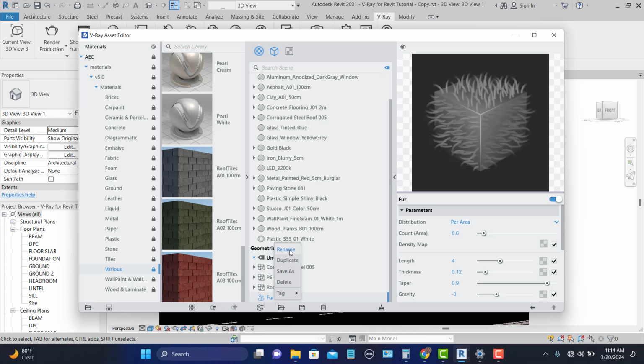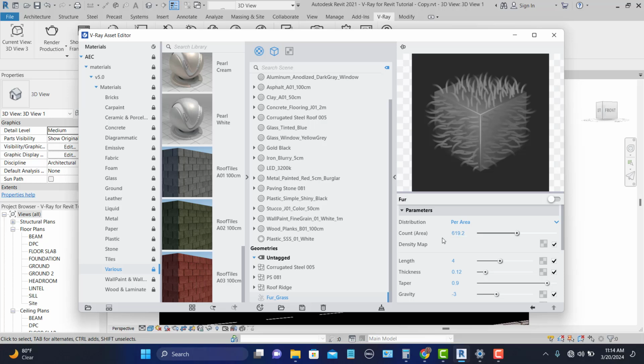So I'll rename it underscore grass. And here, let's just make it